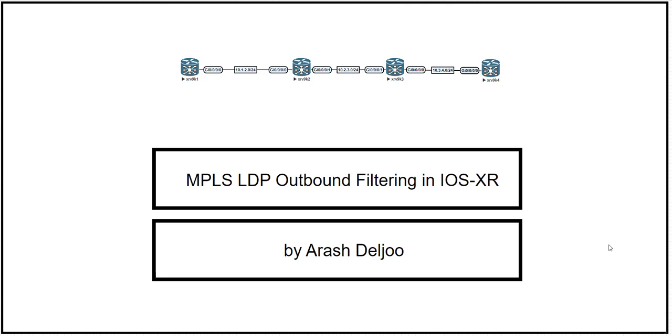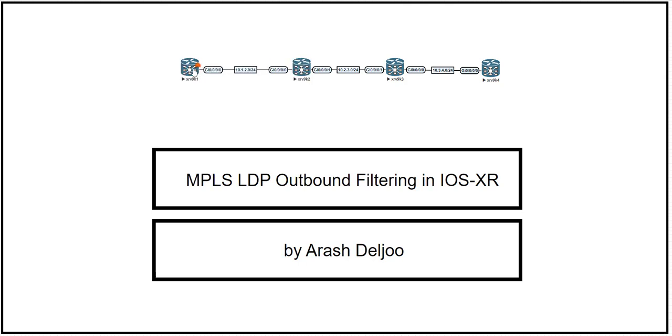In this video, I'm going to explain the MPLS LDP outbound filtering configuration in IOS XR. As you know, LDP creates a label for each prefix inside the routing table. For example, in this scenario, in XRV1, we have some prefixes in the routing table. The prefixes include